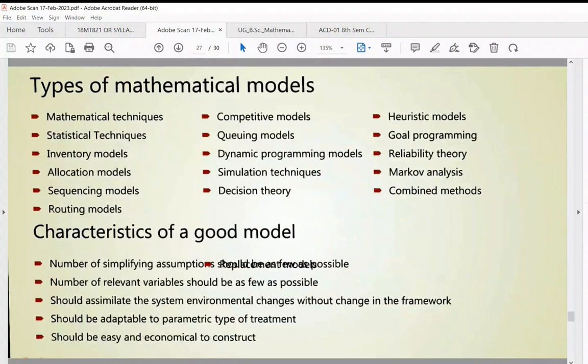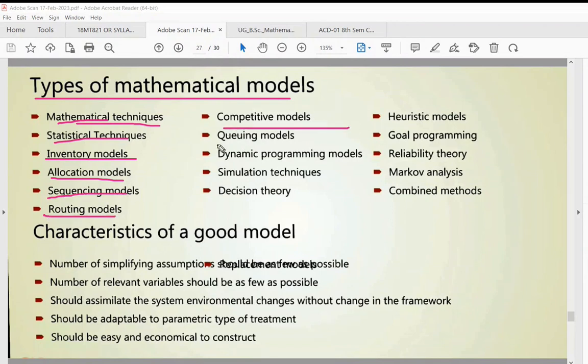Okay, with respect to the types of mathematical models, whatever method you adopt in order to solve, like the simplex method, there you adopt a mathematical model. These are the different types of mathematical models: mathematical techniques, statistical techniques, inventory models, allocation models, sequencing models, routing models, comparative models, queuing models, dynamic programming models, simulation techniques, decision theory, heuristic models, goal programming, reliability theory, Markov analysis, combined